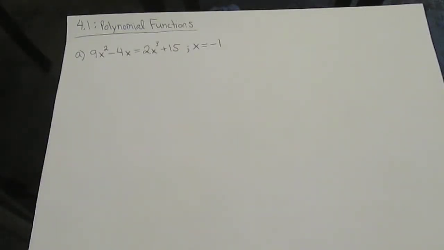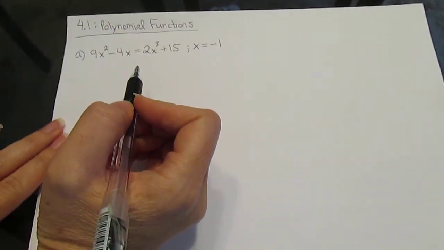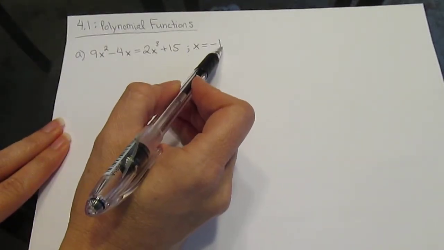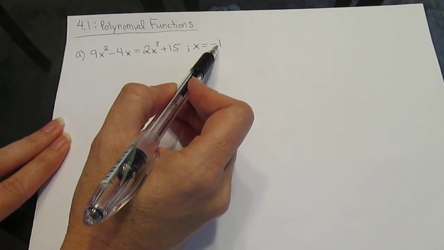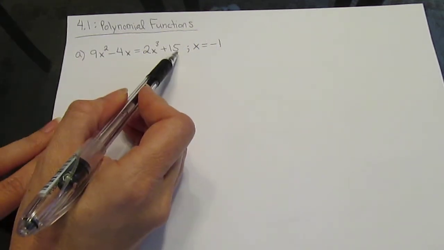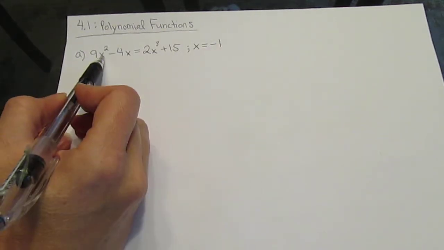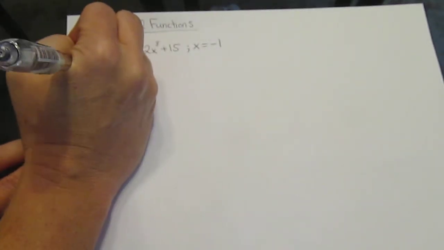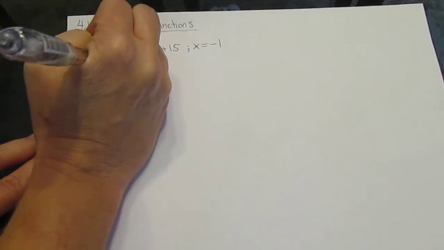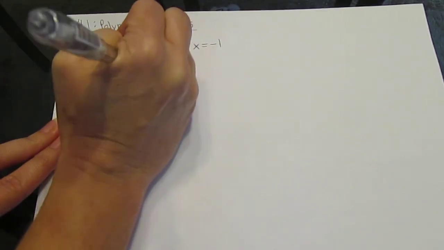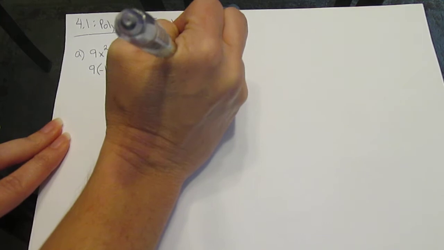Today we're working on 4.1 polynomial functions. The first thing they're going to ask you to do is verify if you have a zero or not. So they'll give you a function or an equation and they'll give you an x value and you have to verify that it's a zero. Well, if they give you an equation like they do here, you're just going to plug your -1 in and see what happens. So we've got 9 times -1 squared minus 4 times -1 equals 2 times -1 cubed plus